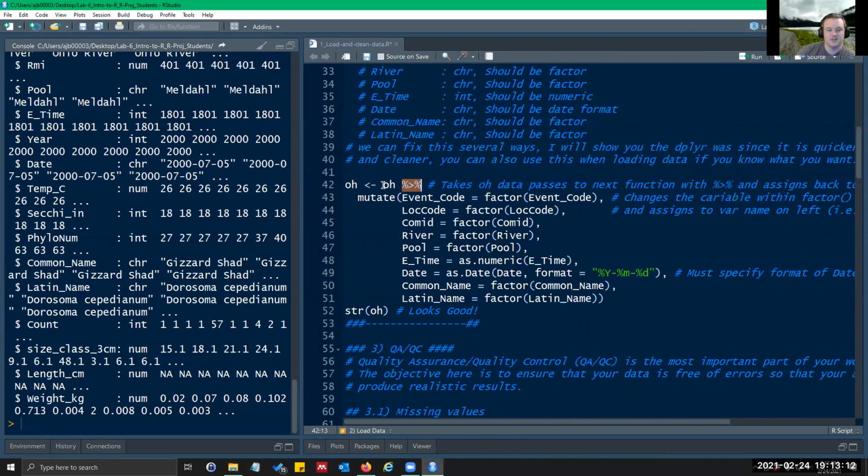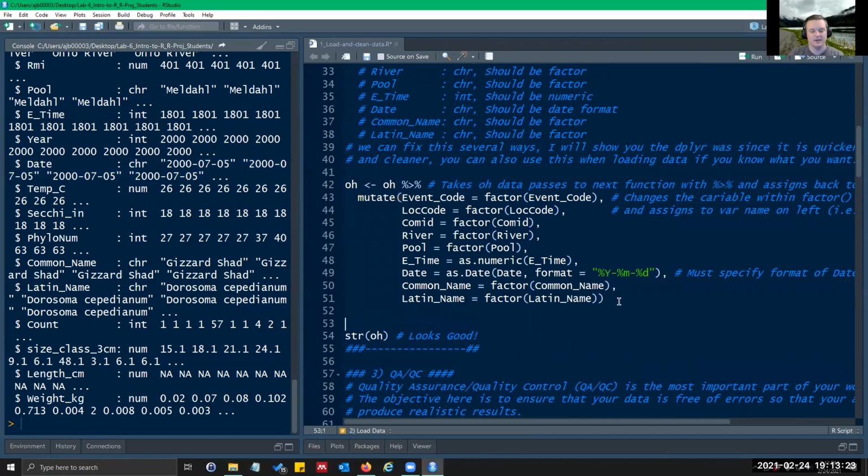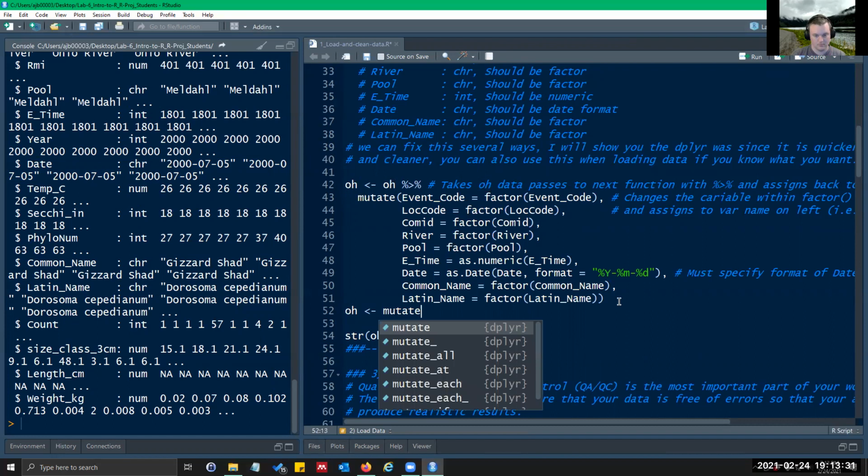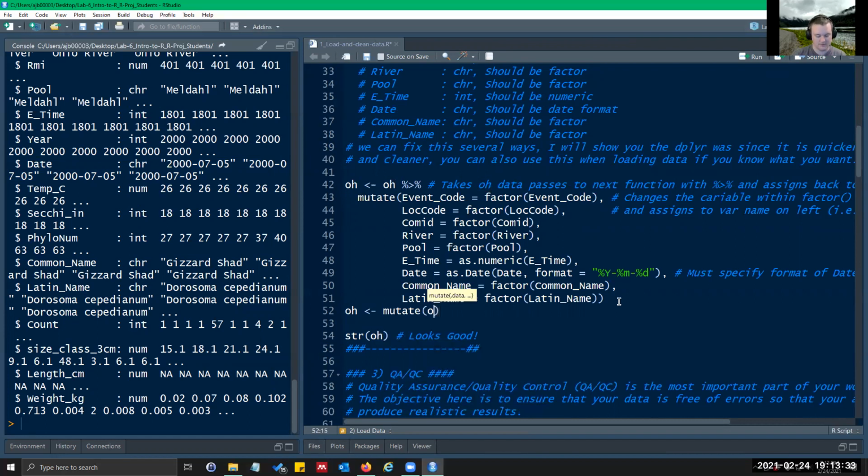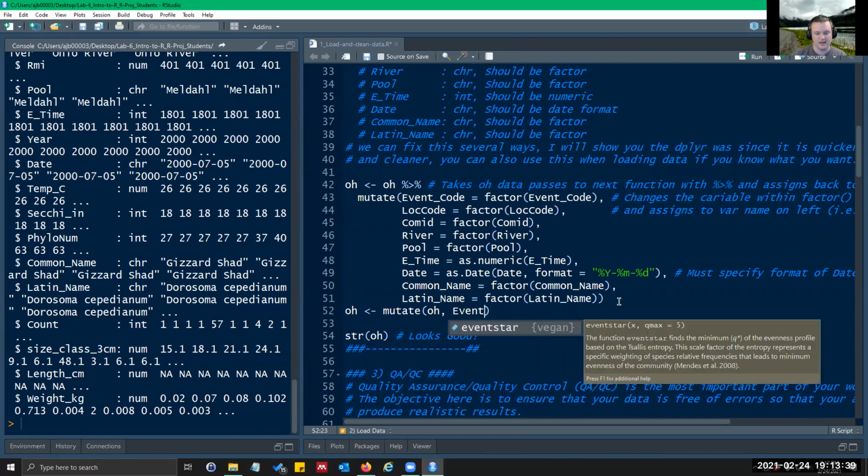So what this is saying is pass this right to anything, whatever function, in this case, mutate over here. I could do it separately. I could do mutate, and then you'd have to put in the data frame and then event code like that.